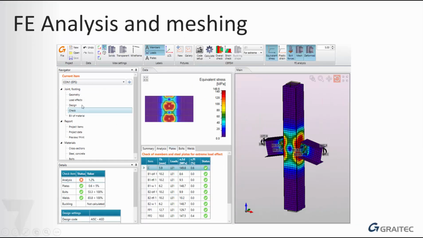So in this slide, as you see, we will talk about finite element analysis and meshing in Advanced Design Connection. So the first procedure to do the analysis in Advanced Design Connection is meshing the elements or meshing the components inside your connection. So as you see here, this model here is already meshed, and the analysis has been done